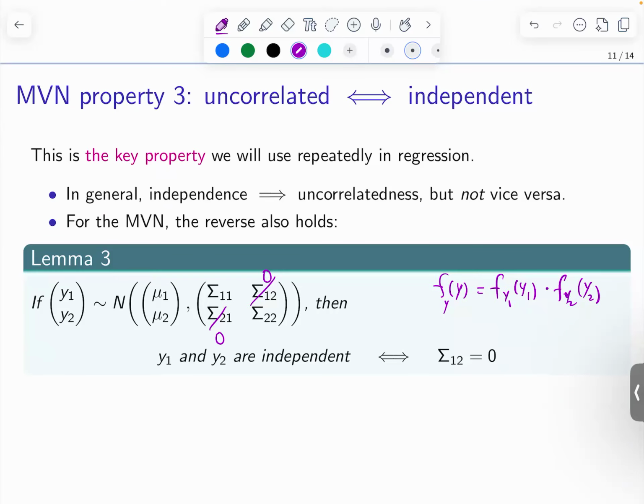This might not be obvious, but you just have to plug it in. So if these blocks are 0, the inverse of this matrix would just be sigma 1,1 inverse, 0, 0, sigma 2,2 inverse. Okay, so that's how to invert a block diagonal matrix like that, and then you plug it into the formula, and then you notice that when you calculate the